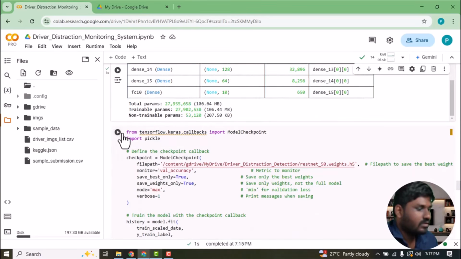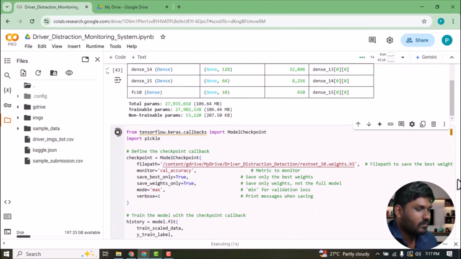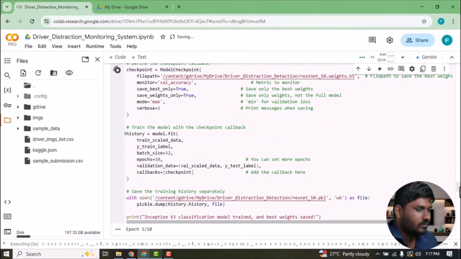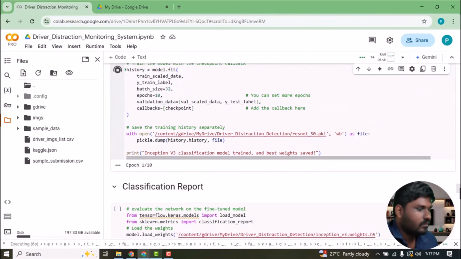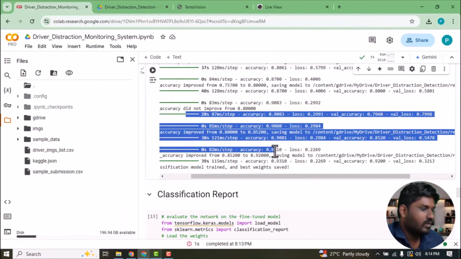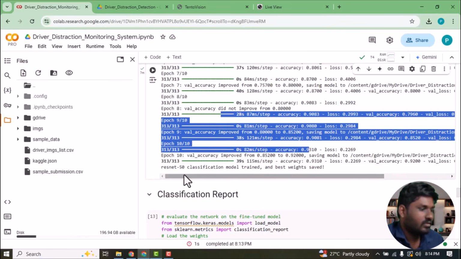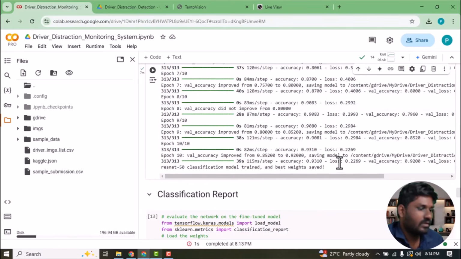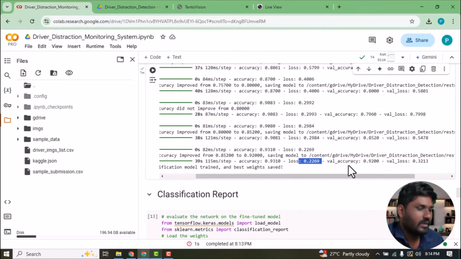Then I am going to execute the cell to train the model. Now it has started training successfully, which is running on the backend. Now the model training has been successfully completed and the model achieved 92% validation accuracy with a training accuracy of 93. The loss is 0.22. Validation accuracy is 92%. Validation loss is